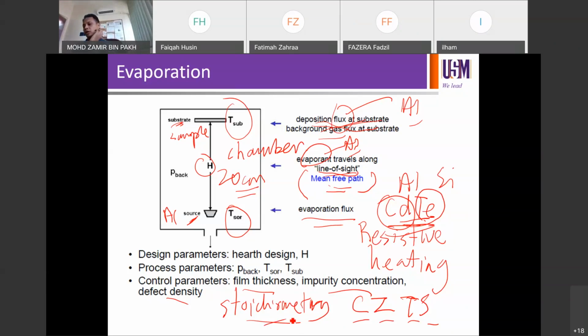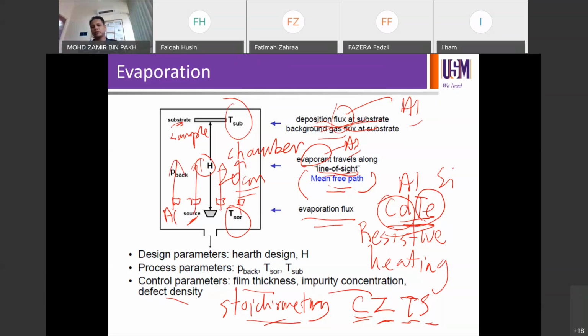On the other hand, if you want to have a stoichiometric deposition, meaning you want to get exactly the same thing, typically if you want to do it by evaporation for this particular material, CZTS, you need to use four different sources. One source for C, one source for Z, one source for T, and maybe another one source. So you need to have four sources controlled by four different levels of current in order to evaporate them together and end up as a stoichiometric